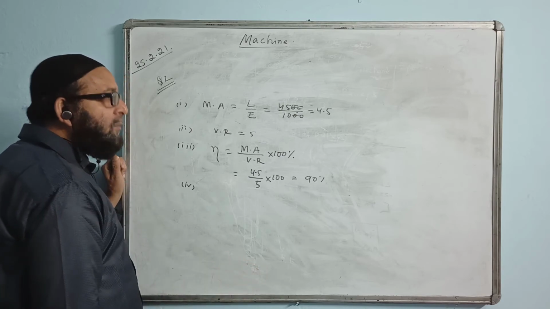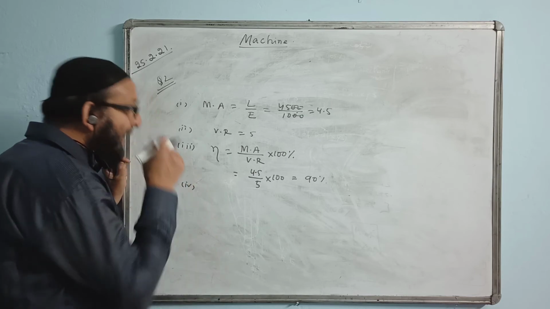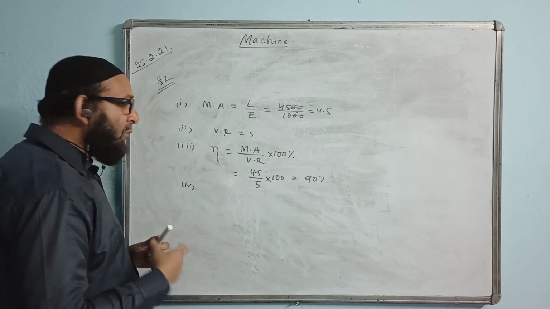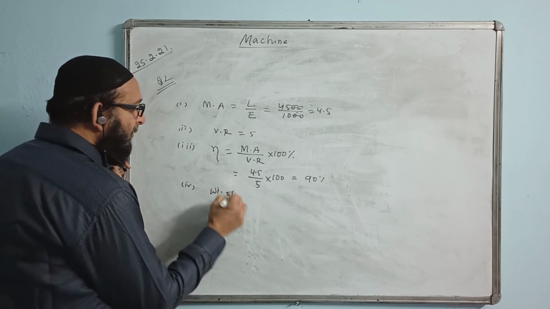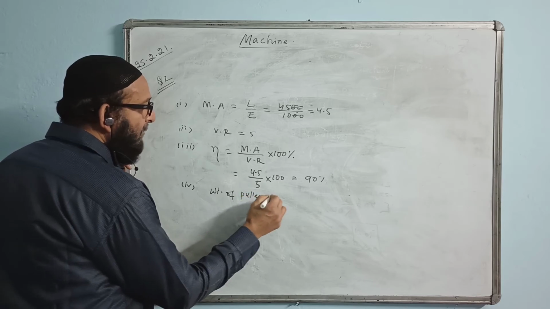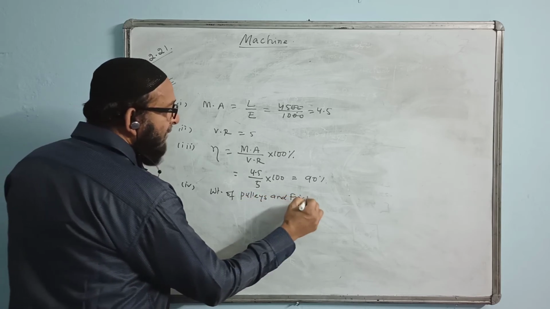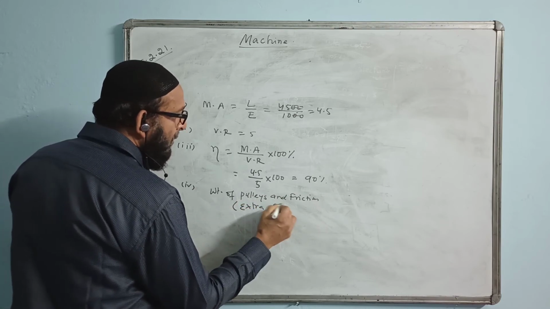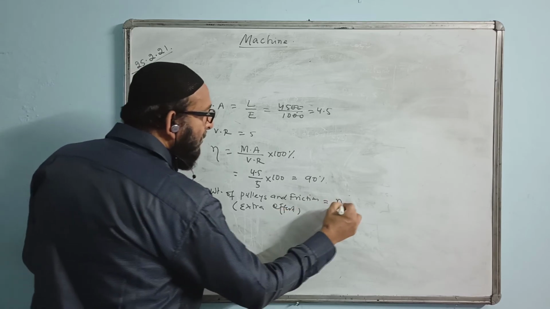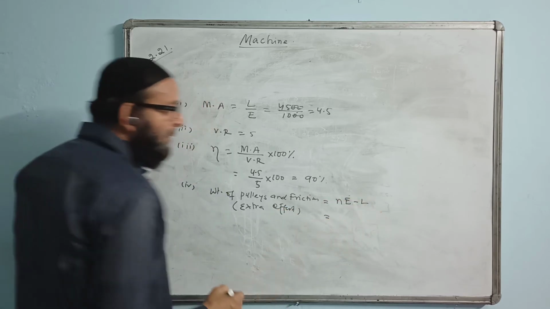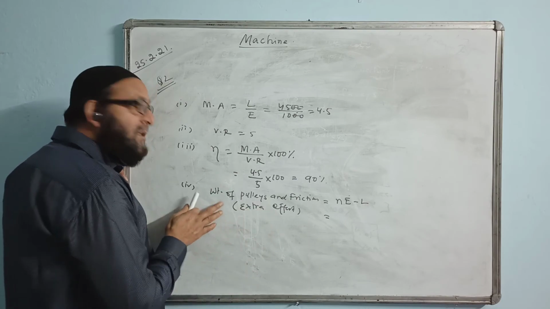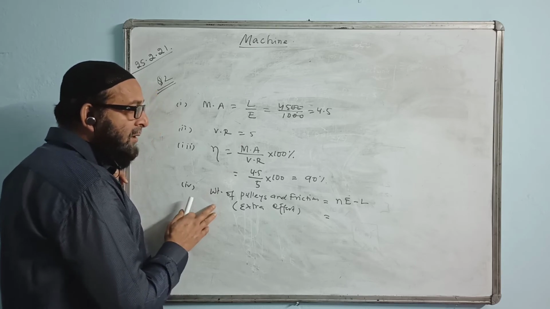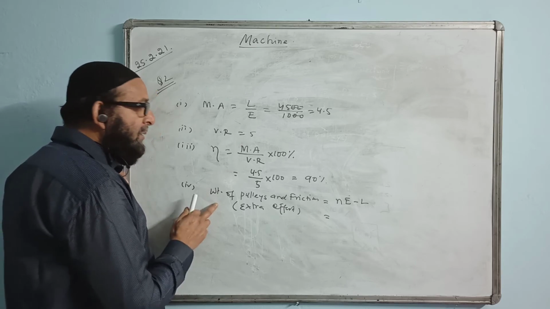Next, one extra question I have given there in the notes: find the weight of the pulleys and the friction. That is extra effort. How much extra effort are you giving? You can have the weight of pulleys and friction. That is extra effort. We are finding it by this formula, AE minus L. Though a problem on this has not come so far in ICSE, there is a very little chance. But you should know this also.